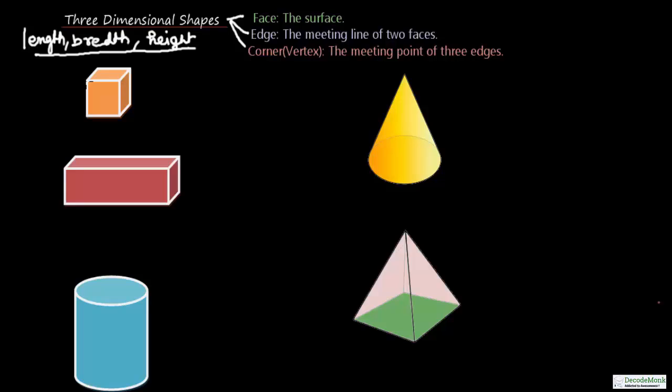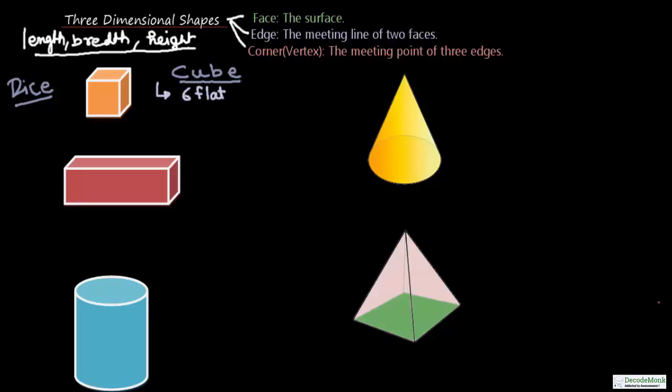So the first shape you see over here is called a cube. C-U-B-E, cube. The real life example of a cube is a dice. You must have played Ludo sometime in your life, and there you will find a dice with points on its faces from 1 to 6. A unique feature of cubes is that they have got